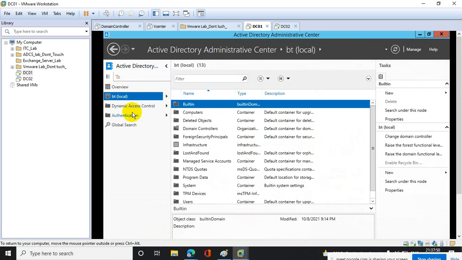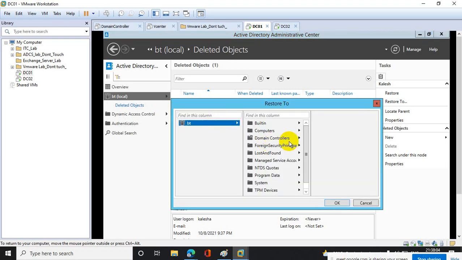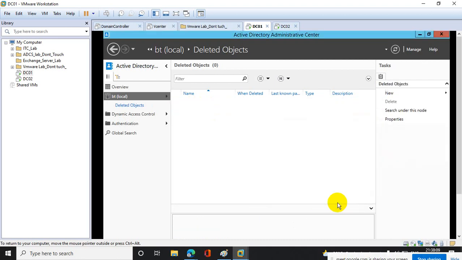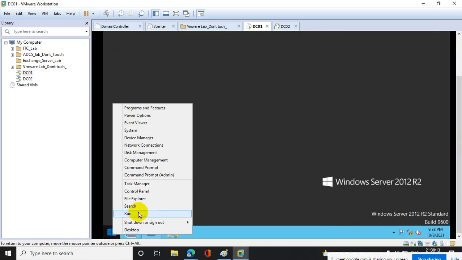Then go to bt.com, and there you have to go to deleted objects container. Got it? Now you see Kalesha was there. So from there directly either restore to the default user object OU, or you have to select restore to, select your concerned OU, and from there you have to select users and restore that user. Now this time that user was in the correct OK state.